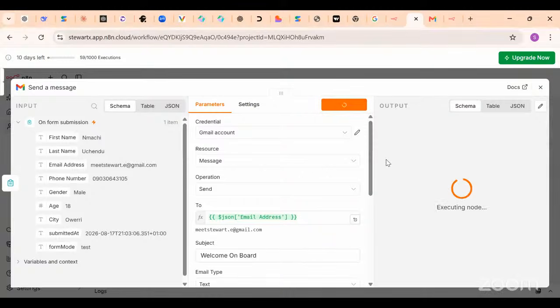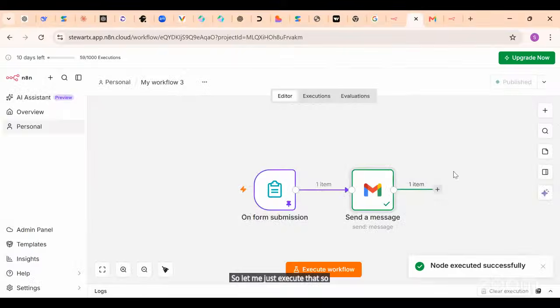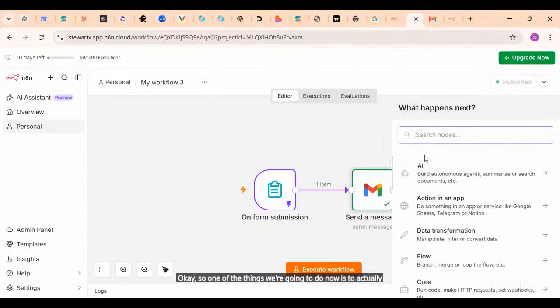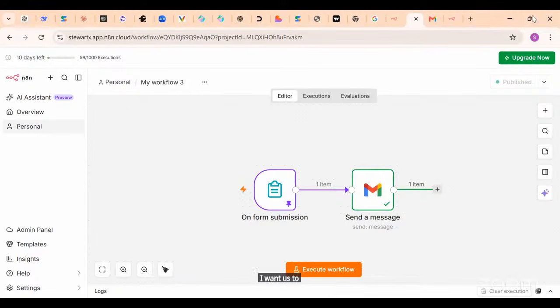So let me just execute that. Okay, good, it went smoothly. One of the things we're going to do now is to actually add that. But before we do that, I want us to